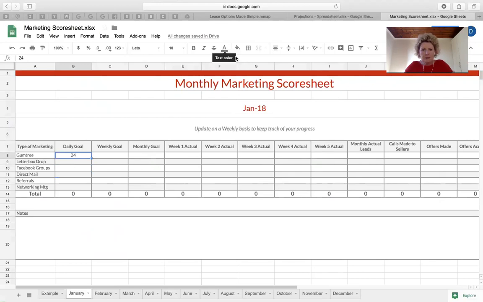Now, the great thing also about knowing your numbers is that you can manage your business by them as well. So you do your first deal, and then you can get a VA to do your lead generation, because you'll know how many emails or texts or how many seller leads you need to touch each week. You can pay a VA to do it. So if you need to send out 24 emails a day or 24 texts a day, and it takes your VA